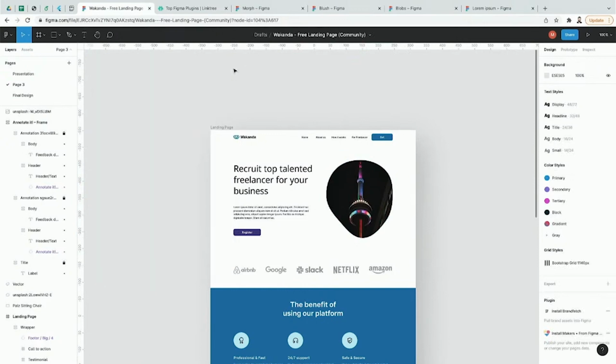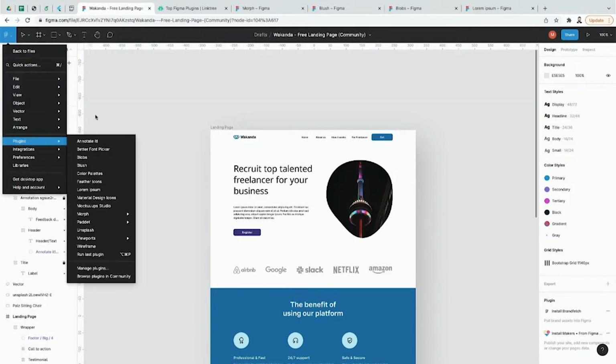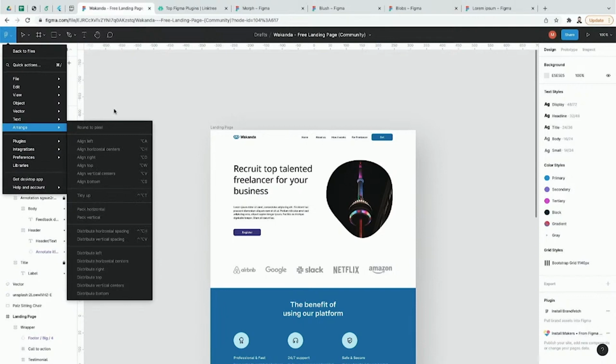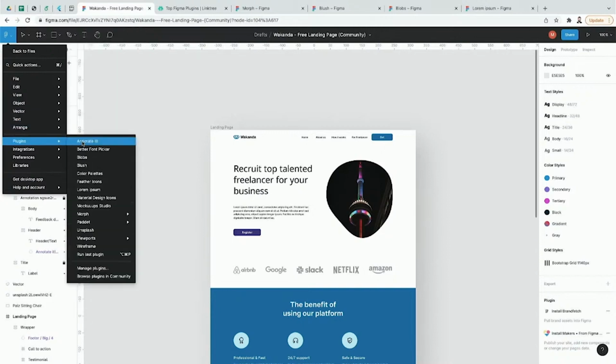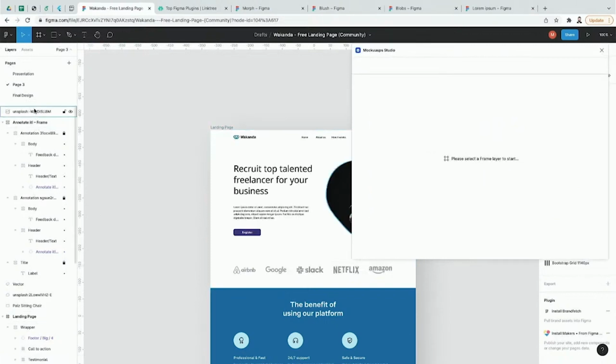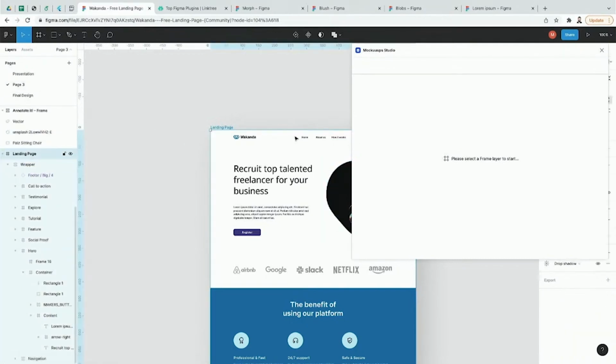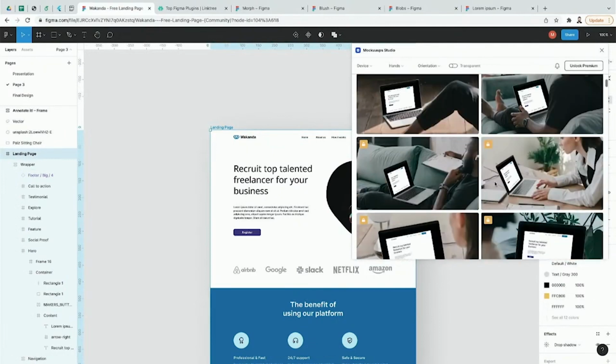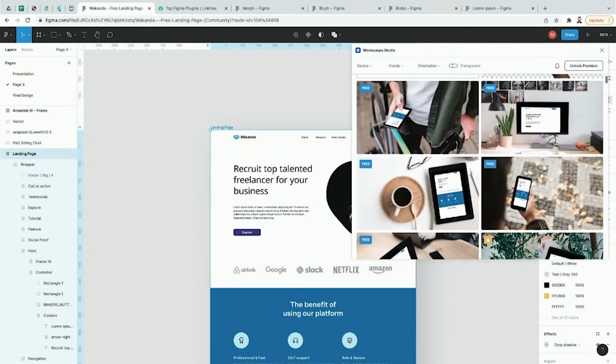Now, let's say you just finished your prototype and you want to publish it somewhere, or share it with whoever. Usually, how you go about that, you need to download a PSD or an AI wireframe or a mockup, and then go to Photoshop and replace the screen with your image, and it's just a long process. But with this plugin, you can just simply click on mockups, and then you need to select, of course, the entire page. So it's the landing page, which is right there. And then with a click of a button, you have a mockup for your designs,